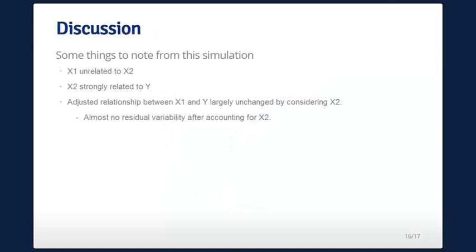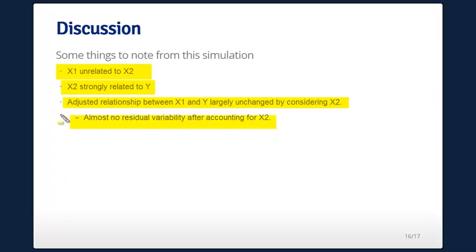At any rate, the point of this example was just to give you an example where, in this case, x1 was unrelated to x2, x2 was strongly related to y, but the adjusted relationship between x1 and y was largely unchanged by considering x2, which makes sense given that first point. The magnitude of the slope changes. However, the residual variability is changed dramatically by considering this other variable. So I think in summary,